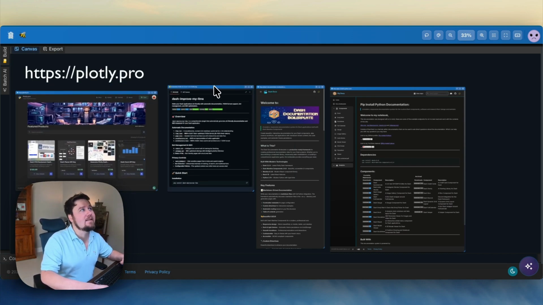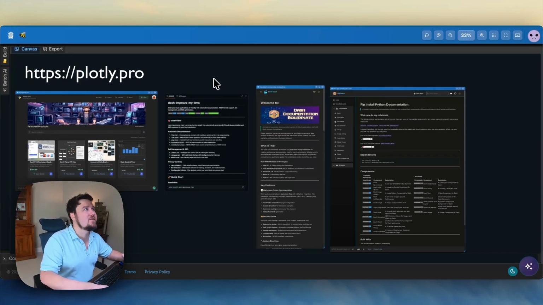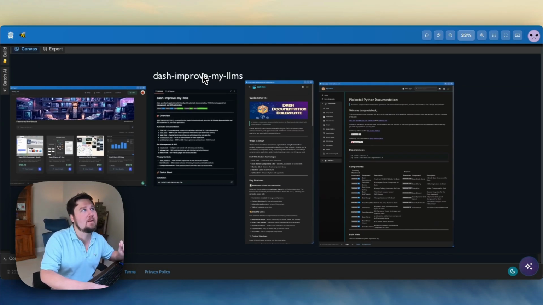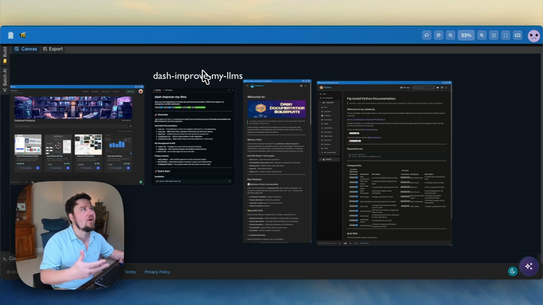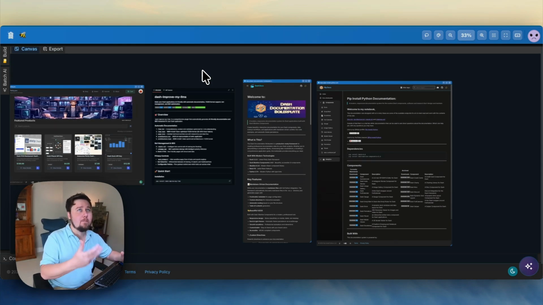On the right, this is the first thing that we're going to be diving into, which is dash-improve-my-llms. We will talk about this new package that I created and how this hook integrates into my work to allow my applications to be usable by LLMs and AI, which is a huge undertaking, especially if you're working within React or JavaScript, because out of the box, these AIs and LLMs can't actually read the content